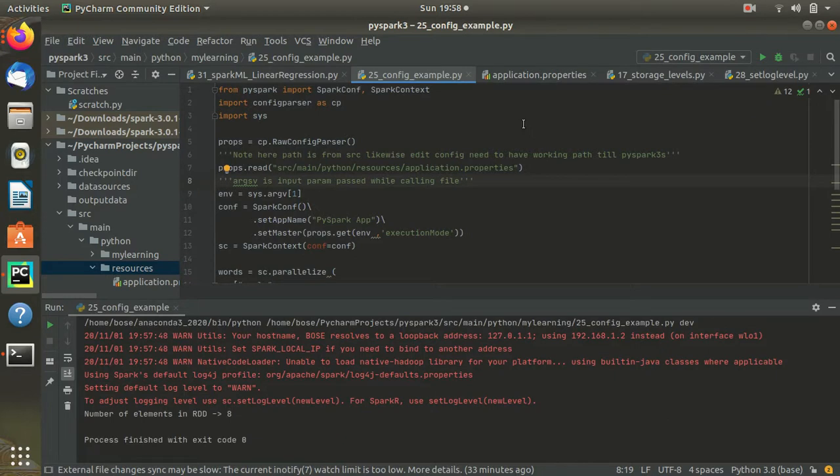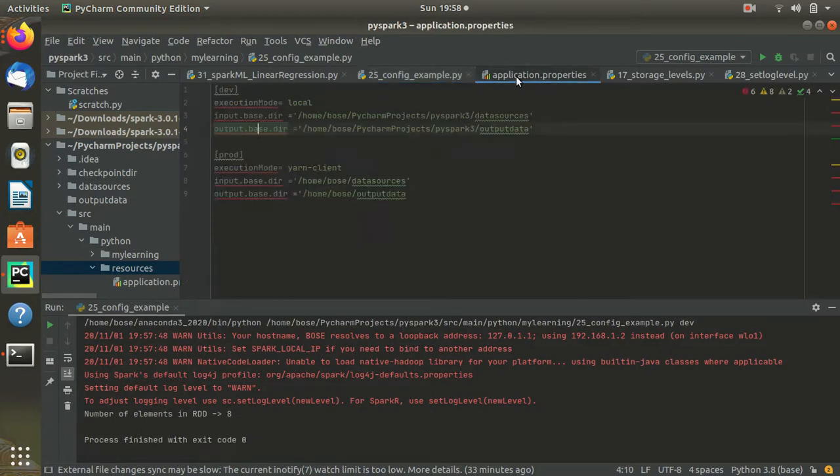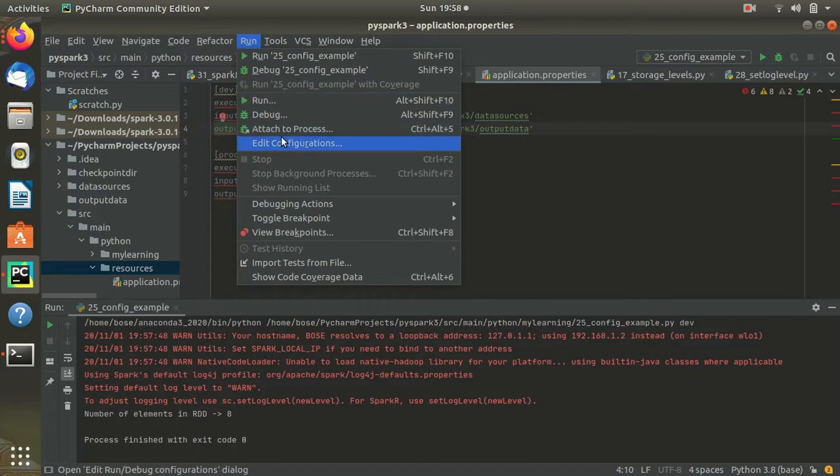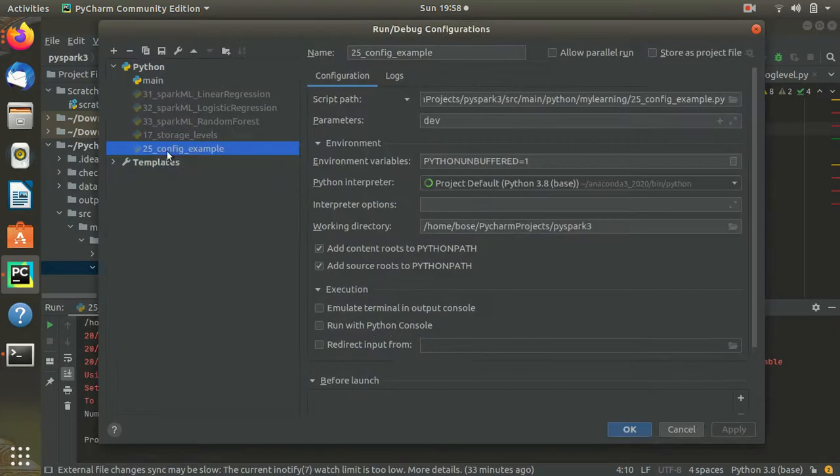Now what we are telling is, this is the application properties we have seen, and this is the path. So how will my code know what is in the application properties? For that, we need to go to the run edit properties. Here when you are doing it the first time, you have to do a plus and add here, because for me it is already there. I am just adding